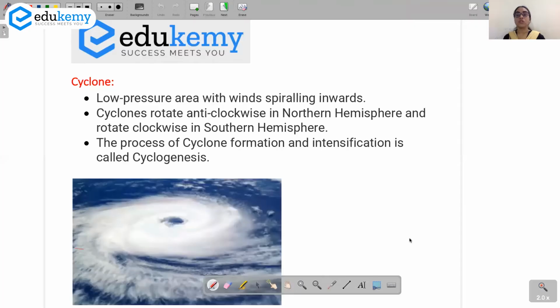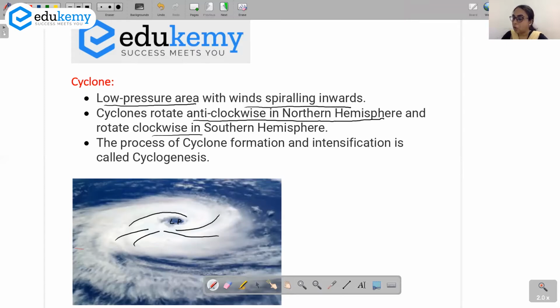Today, we would be covering the topic of cyclone. First, understand what is cyclone. Basically, cyclone refers to a low pressure area with winds spiraling inwards. So if you can see in this picture here, this is a low pressure area and the winds are spiraling inwards. And the cyclone basically rotates in the anti-clockwise in the northern hemisphere and the clockwise in the